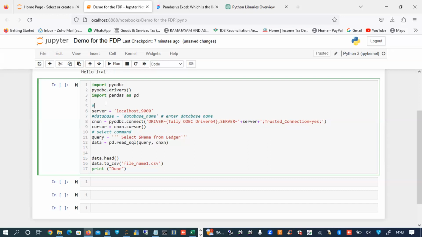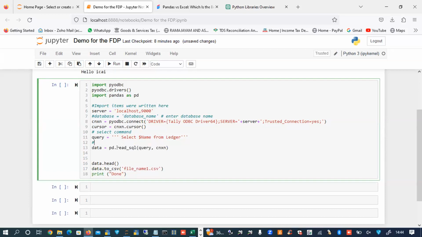Then, for example, I just put a comment here, that the line with the hash will not get counted. So I'm going to say import items were written here. Data is imported in this line.